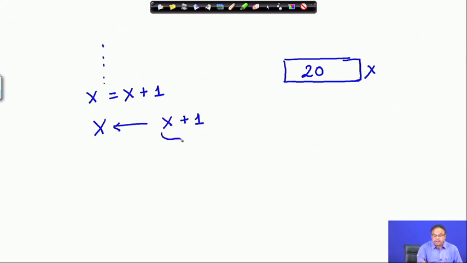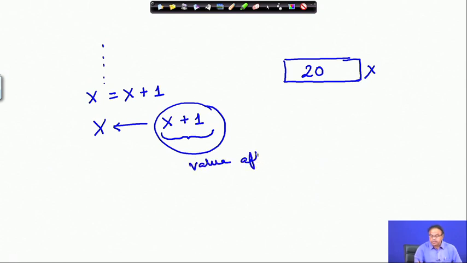That means after computation of this expression, whatever value you get will be assigned to x.